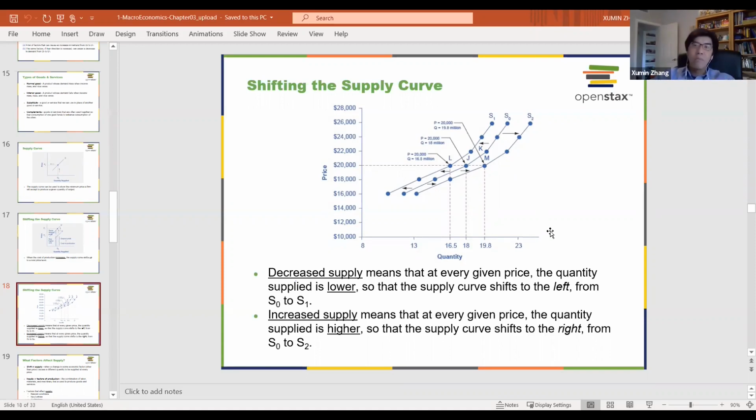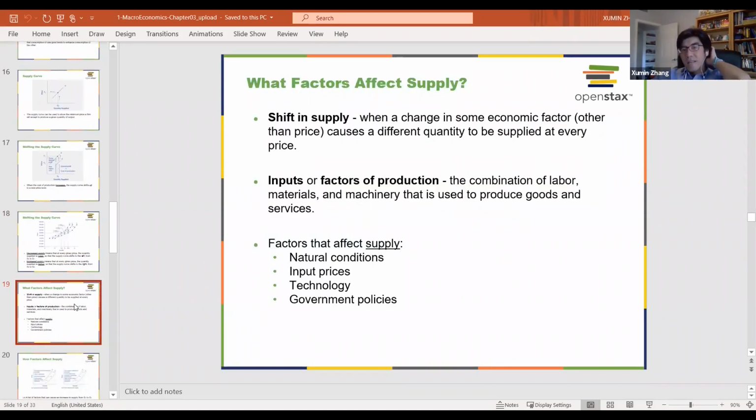That means, for example, if we have a reduction of the crude oil price, so a reduction of the input price, they save on cost, right? They save the cost, so they can produce more. We can also use the labor price, like the minimum wage. If the minimum wage is lowered, this can very likely shift the curve to the right. Also here you see the import price and the technology. Most of the time, technology will shift our supply curve to the right.